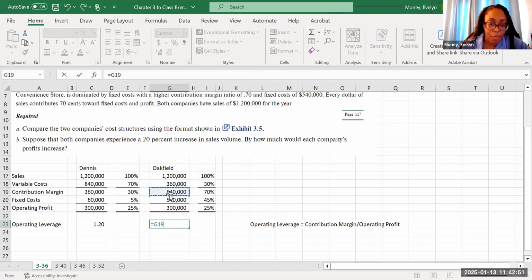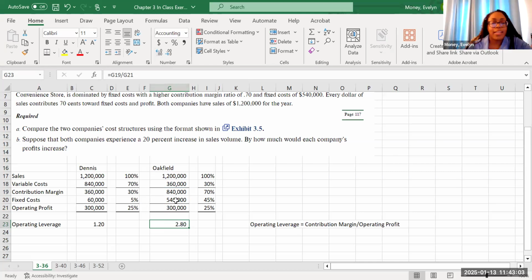I know I could just copy the formula, but I want you to see it again. Contribution margin divided by operating profit. And I know that's not a perfect 3. There we go, 2.8. The larger the operating leverage, the more sensitive a company's profits are to an increase or decrease in sales,